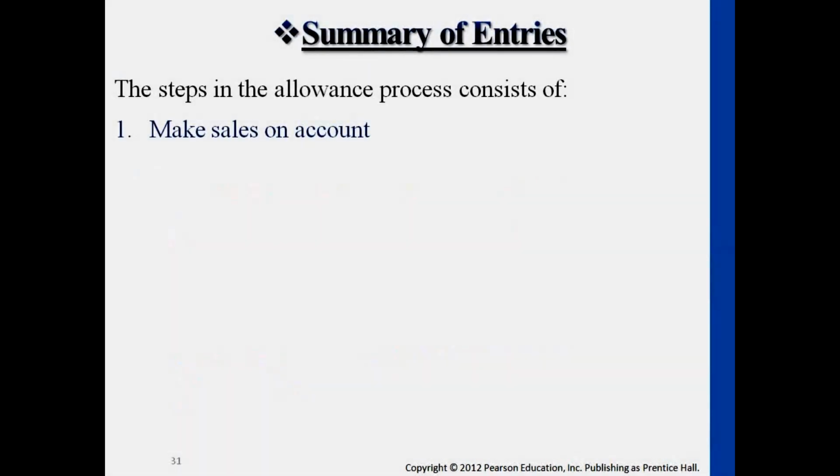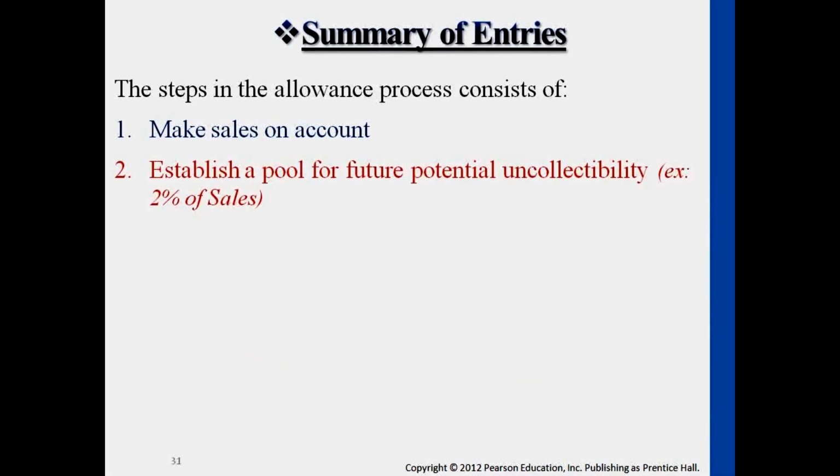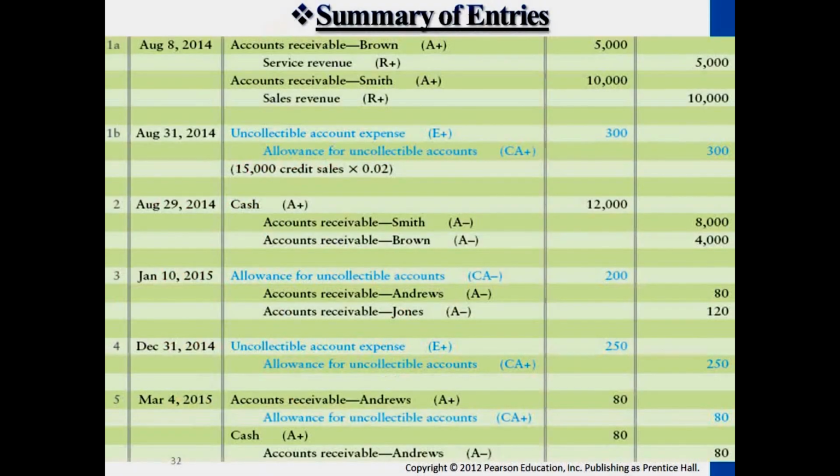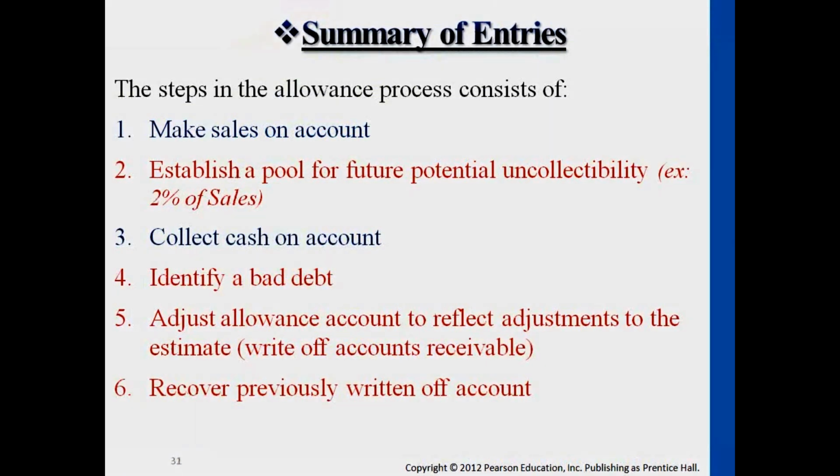Okay, so a summary of what we just talked about: we made sales on accounts, we estimated a pool, the percent of sales, usually that happens in the interim period. Then we make cash collection for most of the accounts. For most of the customers, we will be able to collect the cash on time. Others, we identify bad debt. Based on the estimation pool we did, we write off part of the customer's account if we already decide these are bad debt uncollectibles. Then at the end of the year, we look back at all the other accounts. We also do another estimation, remember, aging of accounts. So at the end, if we wrote off some of the accounts, if they pay us back the money, we have to recover that account by